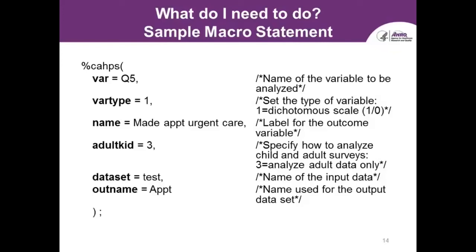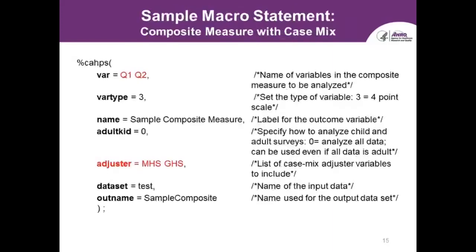So from this simple code, I will get my top box scores, my mean scores, the percentages for all the response options, the overall results for all the entities combined, as well as my results for every entity in my data set, and significant differences. So just from these 6 lines here. So that was a pretty simple example.